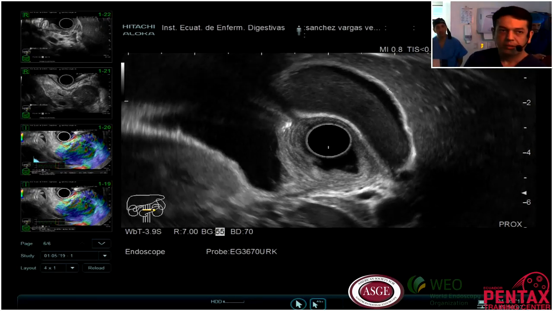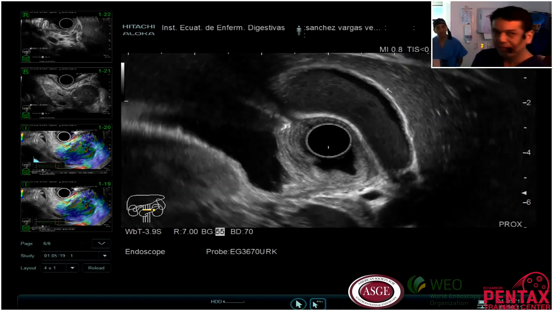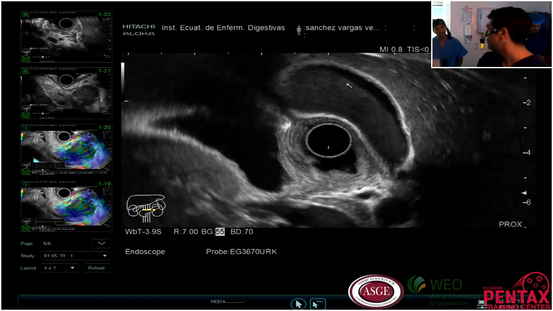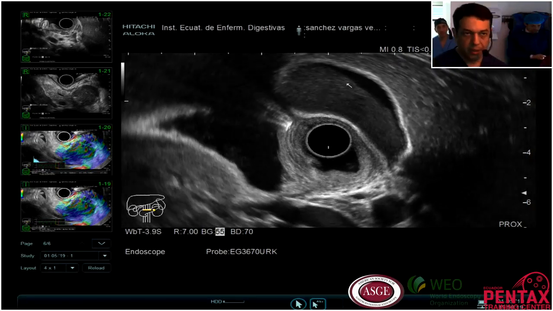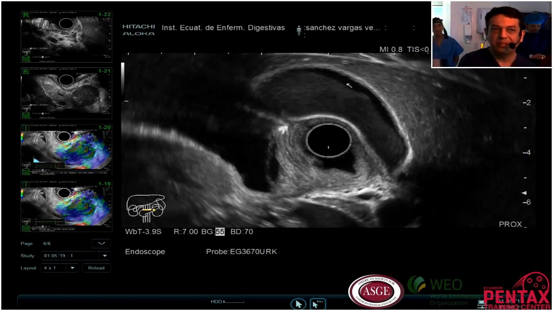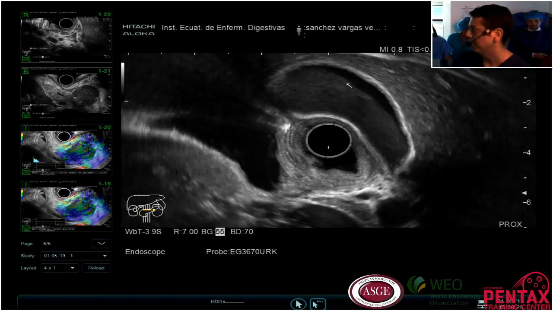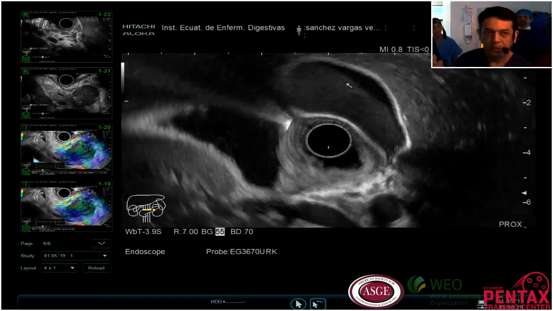Third, is this a chronic pancreatitis secondary to sludge? The only thing that I know is that this patient needs a surgery, a gallbladder surgery first. She also needs the biliary tract to be cleaned, because there is sludge in the biliary tract.